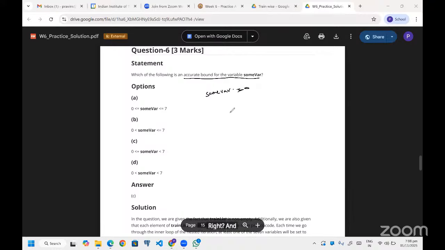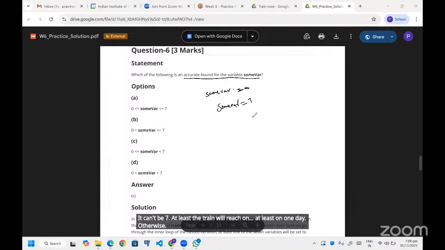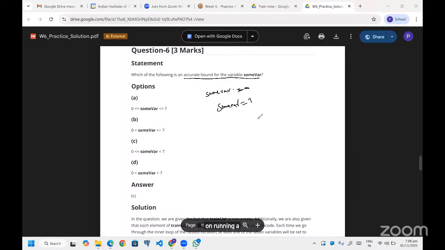And can it be 7? It can't be 7. At least the train will reach on at least one day, otherwise there is no point in running a train, right? At least it will go on one day, Monday, Tuesday, or any one of the days. So it will be strictly less than 7. So this option will be correct, right?